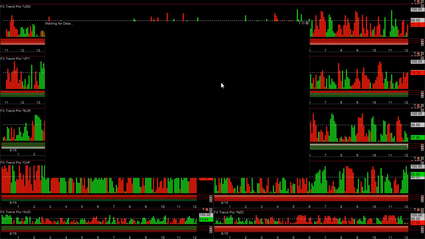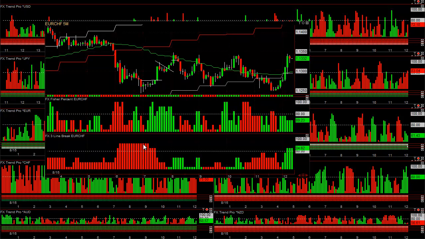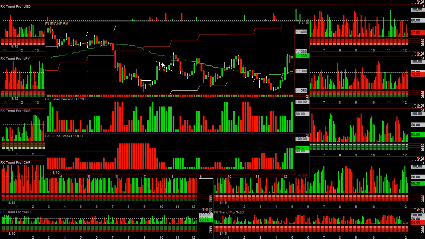Let's look at the Euro Swiss too. Maybe this one was even. So you might not have even taken this trade right here because the euros were going down. A very high percentage of euro dollar pairs were going down. Swiss pairs had made higher swing highs. So you might not have taken that trade, and guess what? This trade wasn't one of those that just took off and continued like the other two, and this kind of